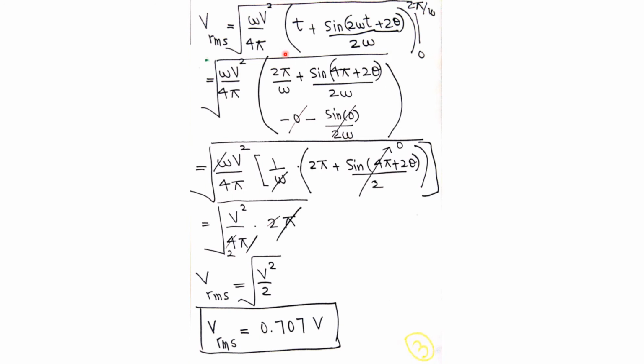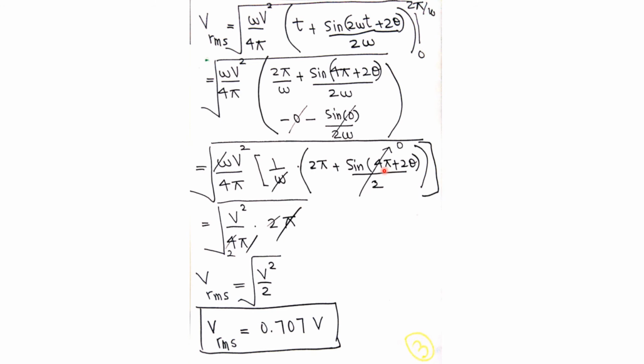So putting t equal to 0 here it becomes 0. Putting a 0 in sine makes sine of 0, and we know sine of 0 is 0. So we are left with this, omega cancels because we have omega in the denominator of both these terms. So omega cancels, and we are left with this 2 pi plus this sine of 4 pi plus 2 theta. We know that sine of 2 pi is 0. This means sine of 4 pi is also 0. If you continue drawing the sine beyond 2 pi, you see at 4 pi it is 0, at 6 pi it is 0. So for all integer multiples